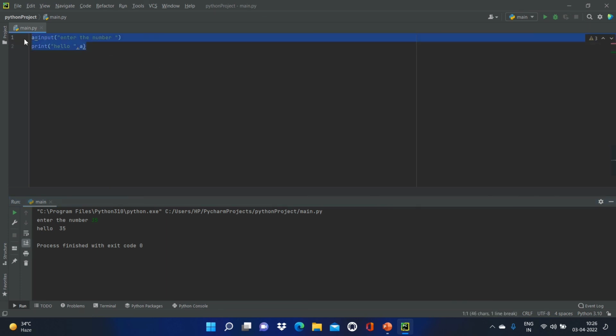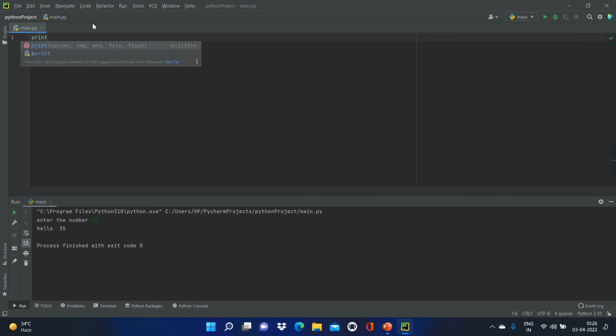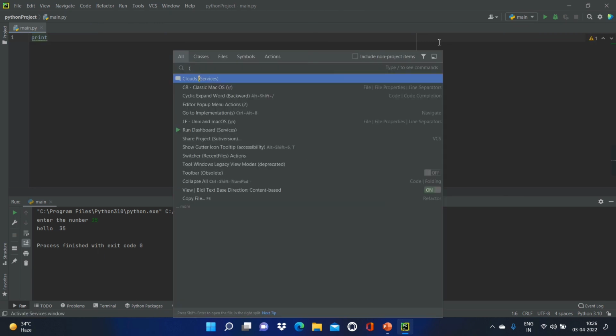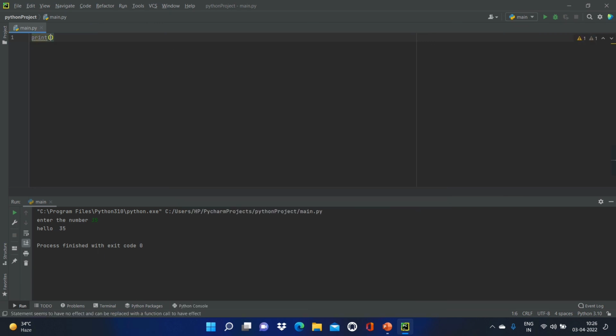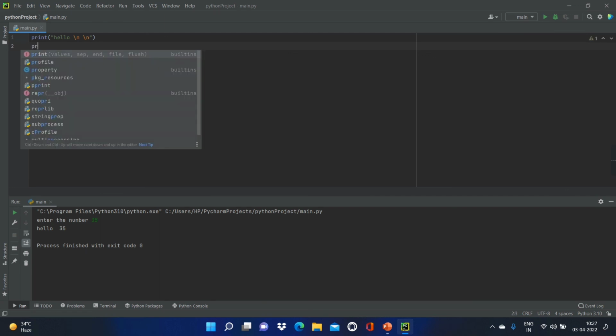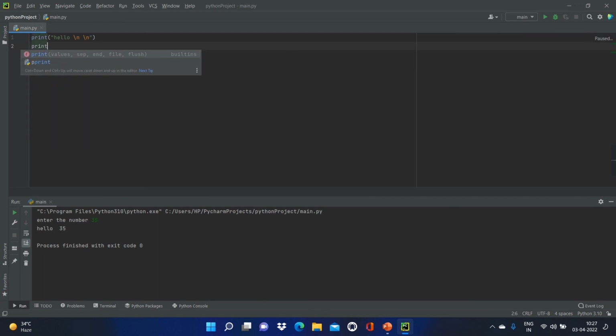Now let's learn about the new line character. So I will use here a print function. Print in parenthesis, I will just print the message hello, and I will use here a backslash n, and I will just print the second line, print hello in quotation, hello Minal.